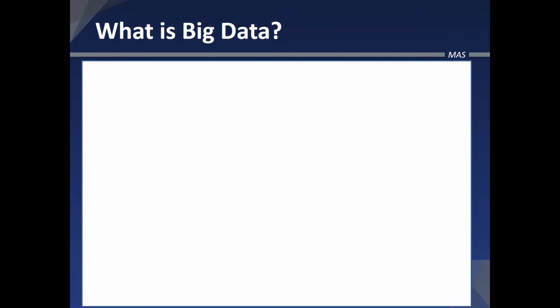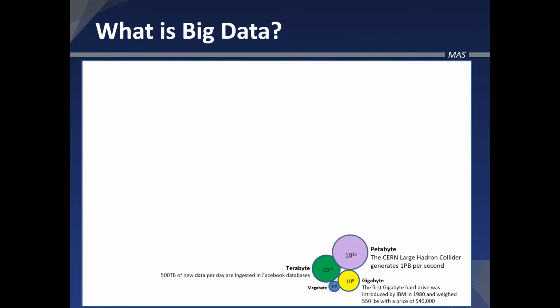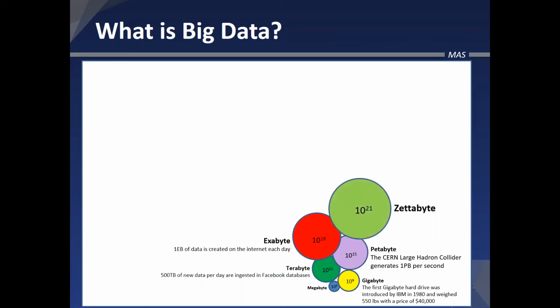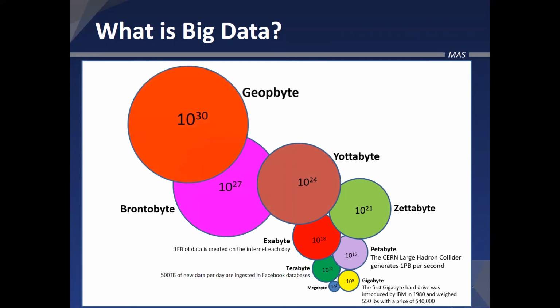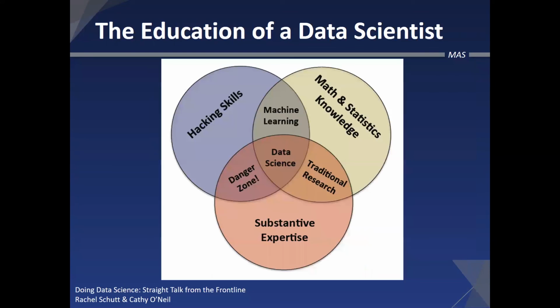We've already named the next 9 iterations of data capacity. So gigabyte, terabyte, petabytes are already in our lexicon. We're starting to add exabyte because there's an exabyte of data created by the internet every day. But we'll be talking about zettabytes and yottabytes, rontobytes and geobytes before you know it.